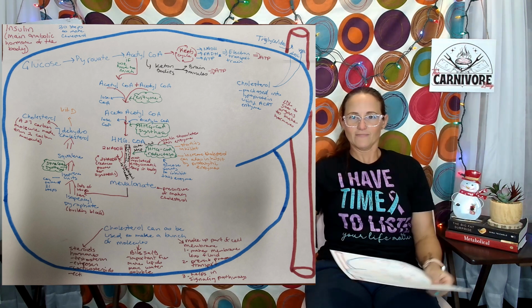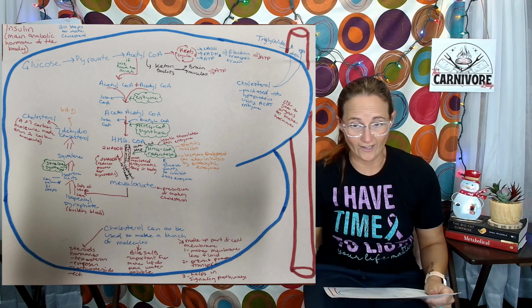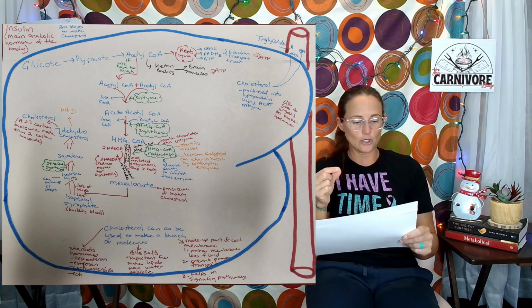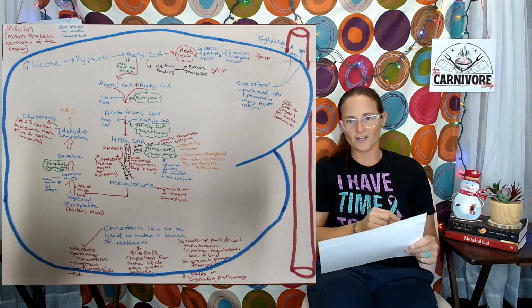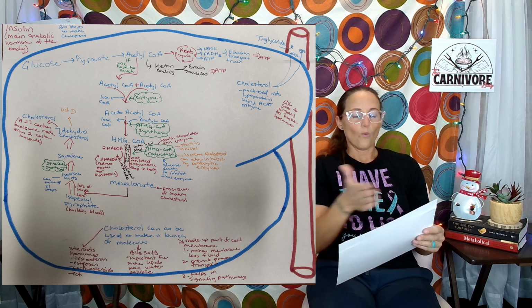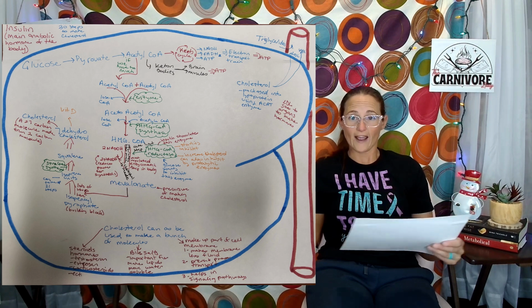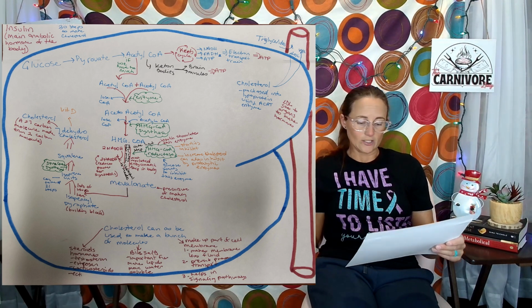Mind-blowing. And like our body, mainly our liver, is an amazing organ. Like, it literally takes a 2 carbon molecule and turns it into a 27 carbon molecule. Crazy, right? So with cholesterol, it can be used for a variety of things in the body. So cholesterol can be used